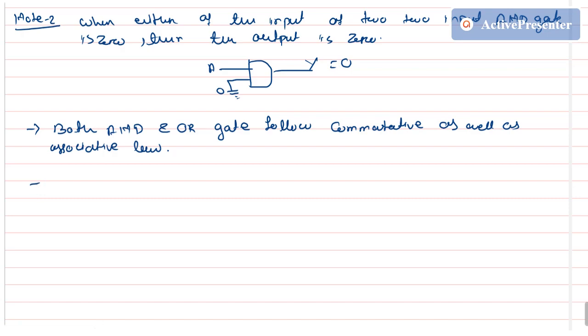So next is your NOT gate. Okay, so what is a NOT gate? NOT means if you are saying something, someone will say no, this is not this, this is this. So you will just invert the thing. So if you have 1 and you pass it through a NOT gate, you will get 0.